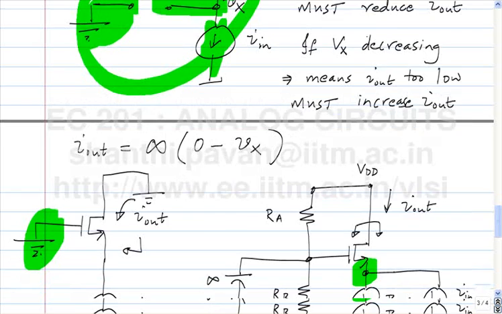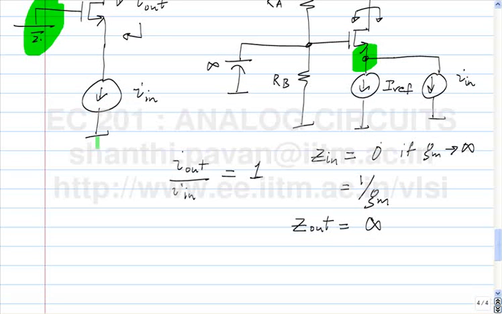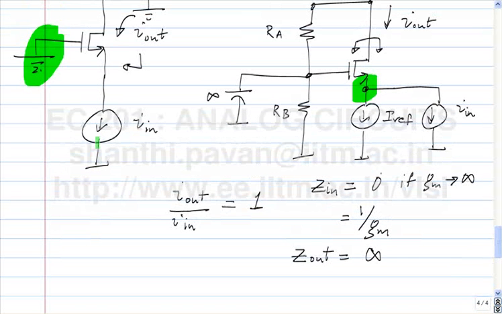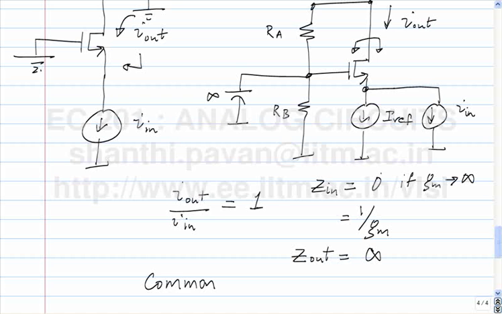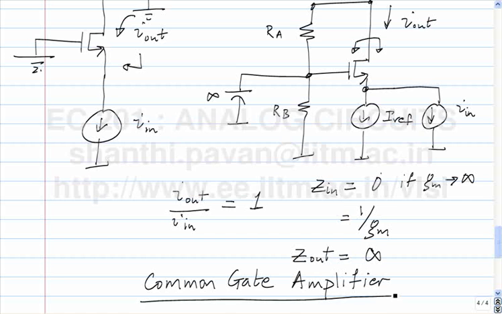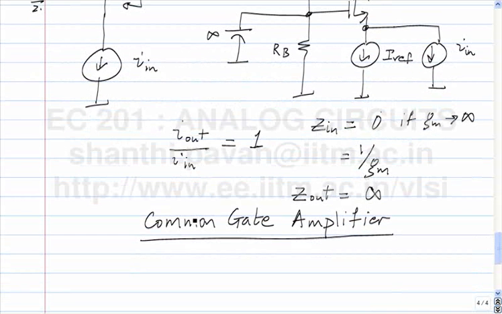So this amplifier, by the same token, is called the grounded gate amplifier, or the common gate amplifier, and this is an incremental current controlled current source. So tomorrow we will see the aspects related to